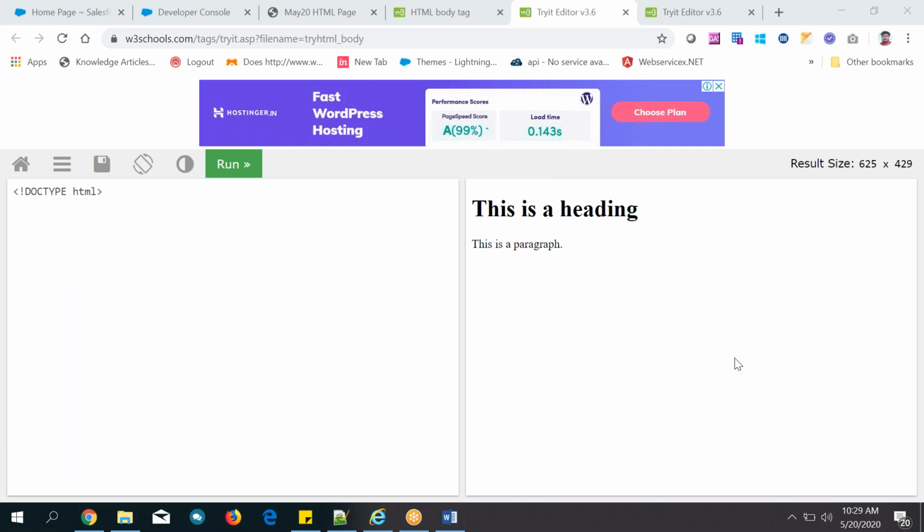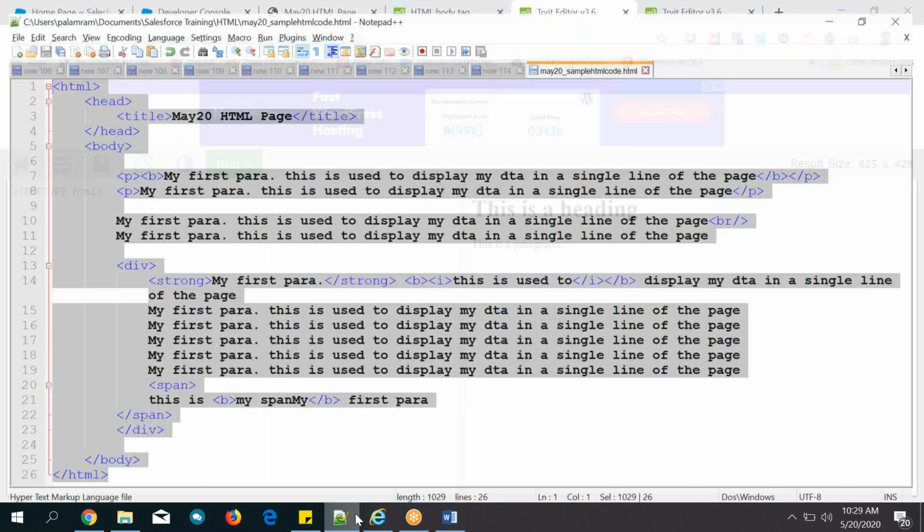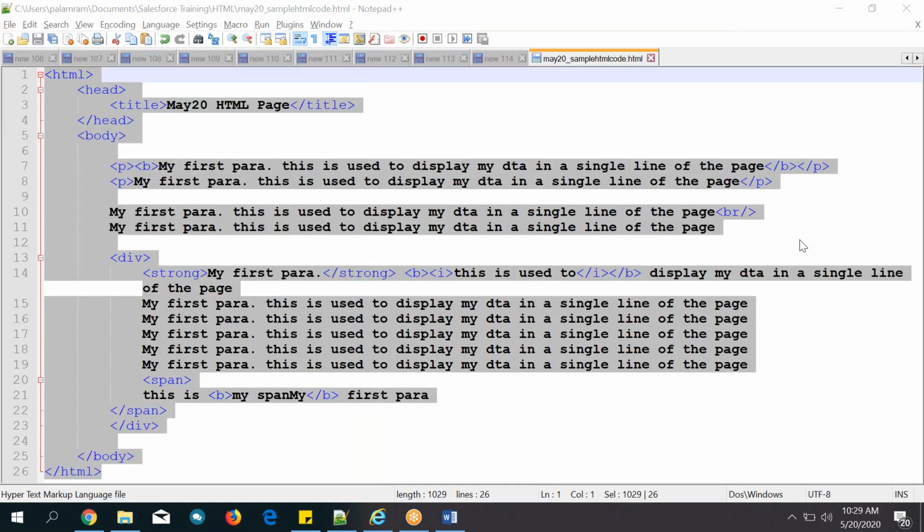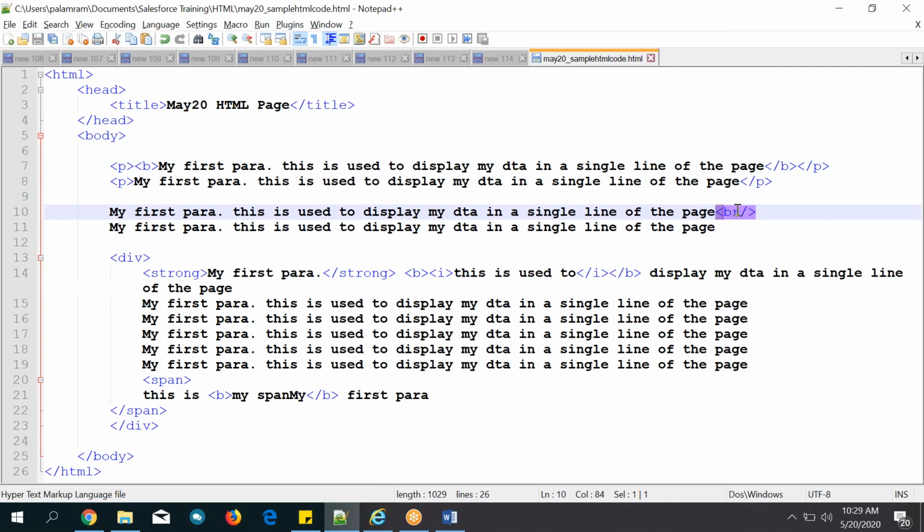Sir, I have a question. When we break the paragraph, we didn't start and we didn't close there. I have closed it at the para, sir. Yes, we have to start with the syntax P and we have to close with that.